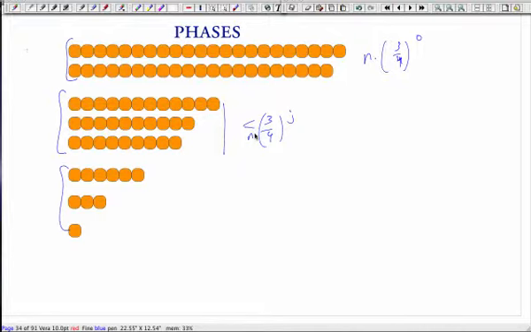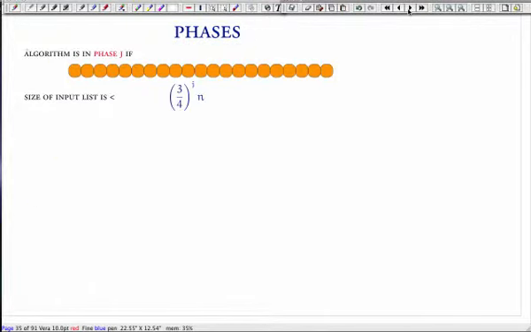So phase j is when the size of the arrays that you're considering are smaller than this. And now what you're going to do is say, how much time do I spend in phase 1, how much time do I spend in phase 2, and how much time do I spend in phase 3, etc. The sum of all of that is going to be how much time I spend in the entire algorithm. Okay? And that's all you got to analyze.